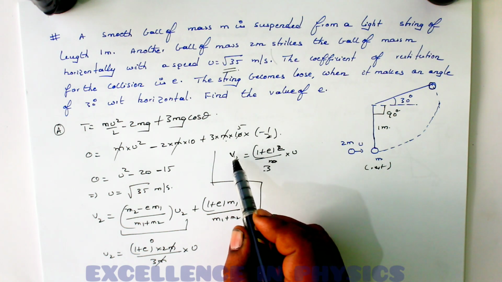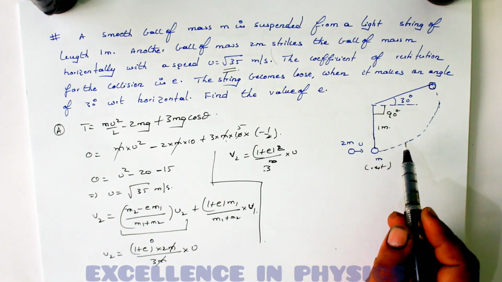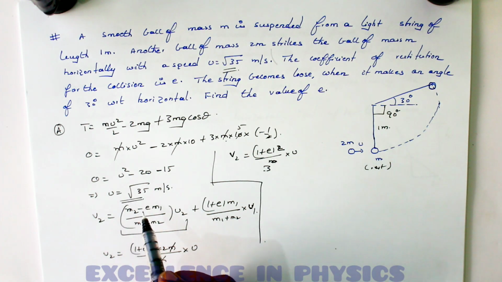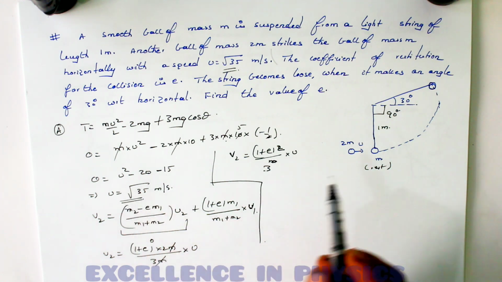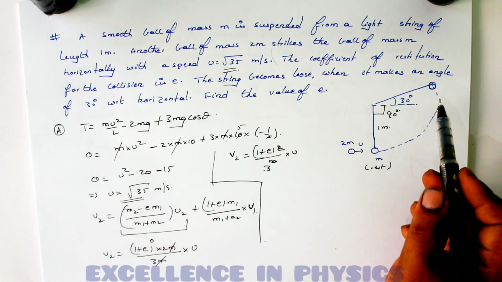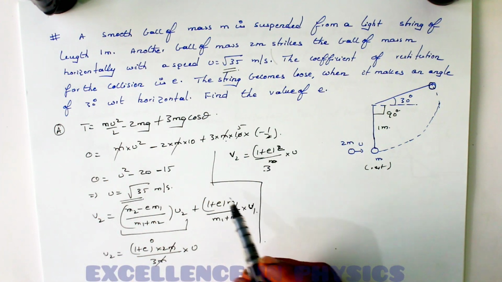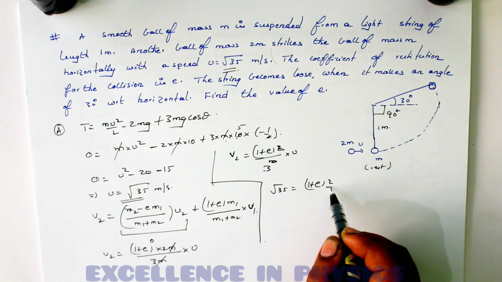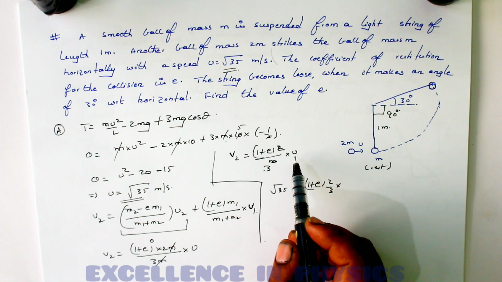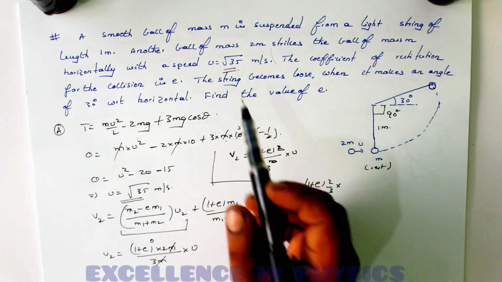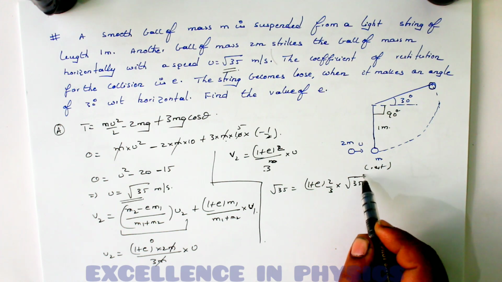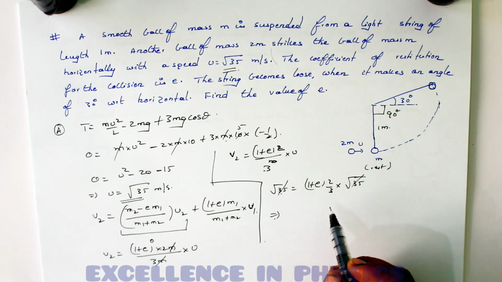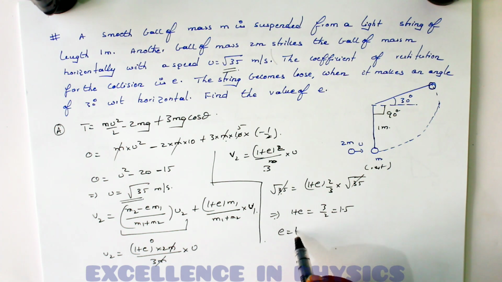Now what is this v2? This is the final velocity of the second ball after collision, which we have already calculated to be root 35. So this should be the velocity of this ball, so that after reaching an angle of 120 degrees its tension becomes 0. So root 35 is equal to (1 plus E) into 2 by 3 into u. This u is the initial velocity of the first ball before collision, which is again root 35. So root 35 and root 35 get cancelled. So what will I get? I will get 1 plus E equal to 3 by 2, which is 1.5. So E is equal to 1.5 minus 1, which is 0.5. This should be our